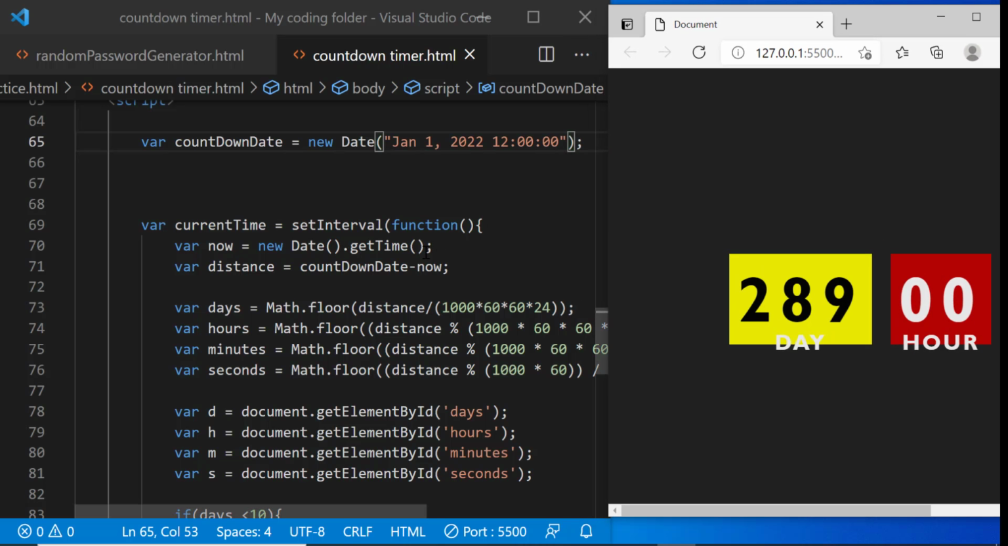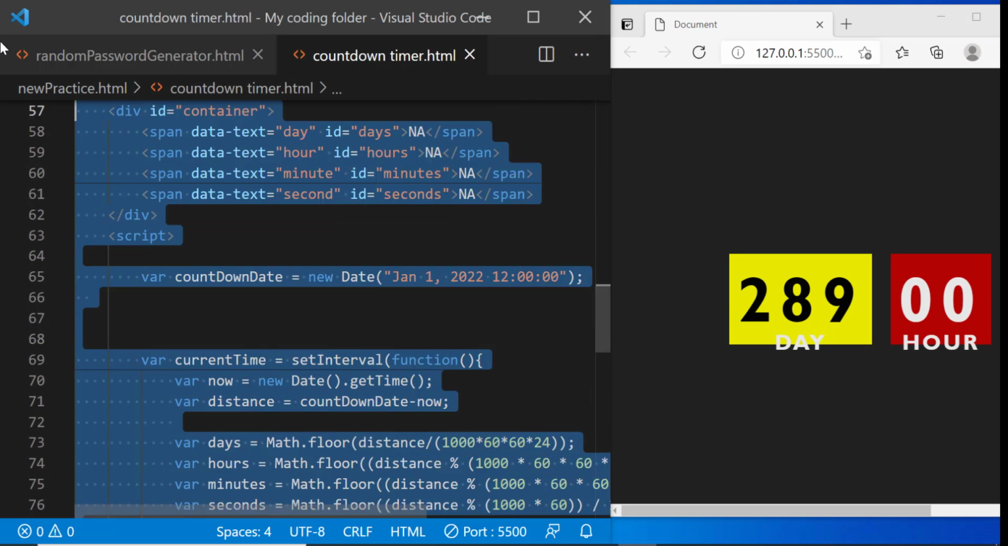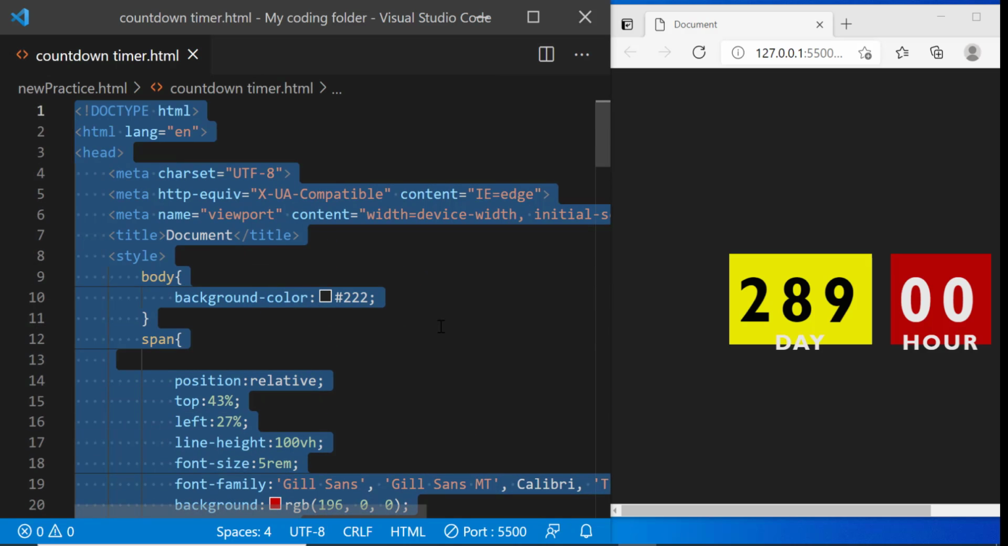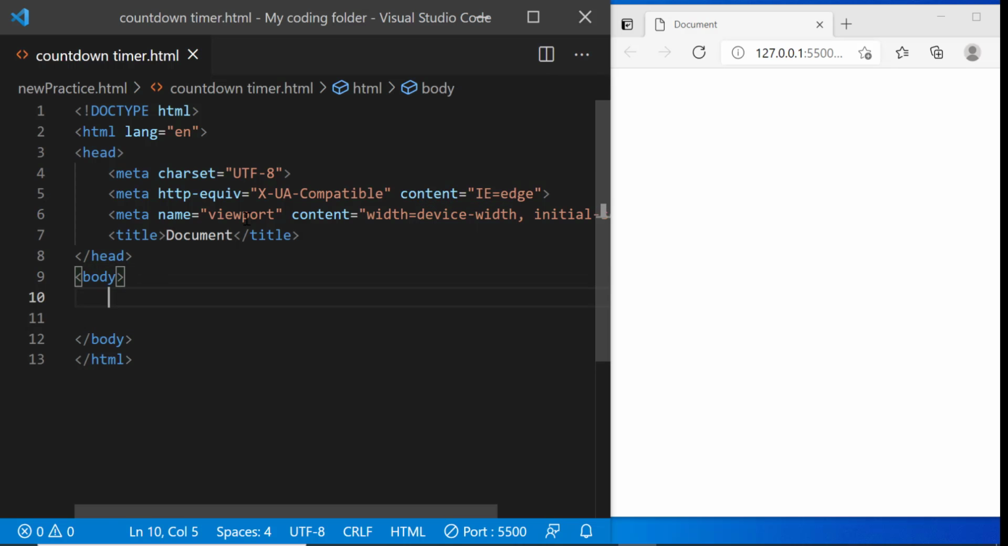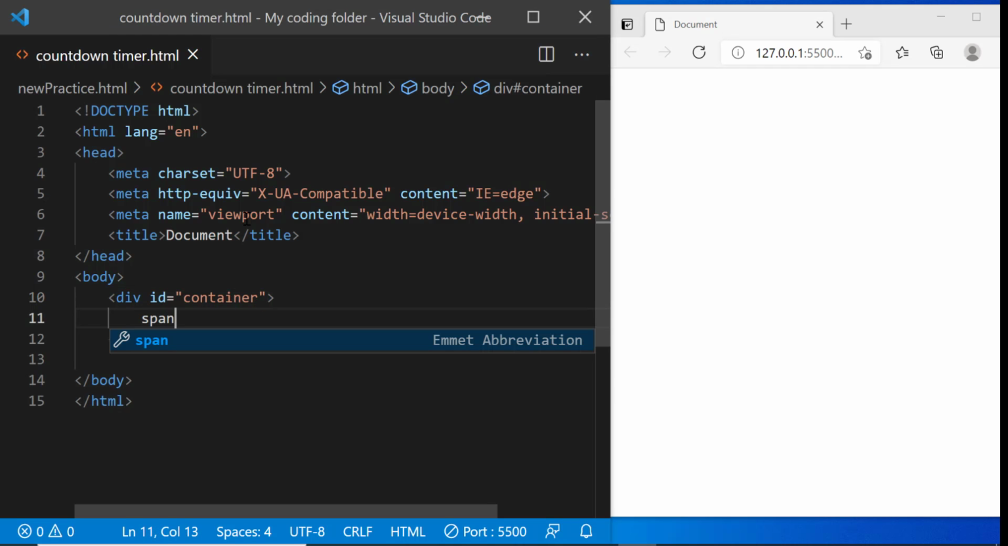So let's get started. I'll get rid of all this code so we can start from scratch, and I'll generate my boilerplate code. In between my two body tags I'll create a container and I'll create 4 spans,